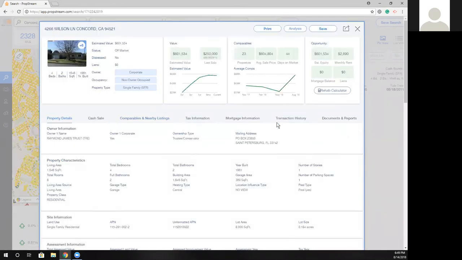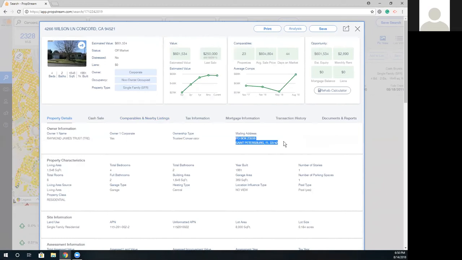All right, so estimated value, property characteristics are at the top. Is the owner individual or corporate? Corporate, as we specified. Does he live in the property? No, it's not owner occupied. Why is that? It's because I asked for an out-of-state owner. So as we can see here, this trust fund, looks like James's Trust, has been buying property in Concord while they're located in Florida. So I have now a potential buyer that's a corporate.